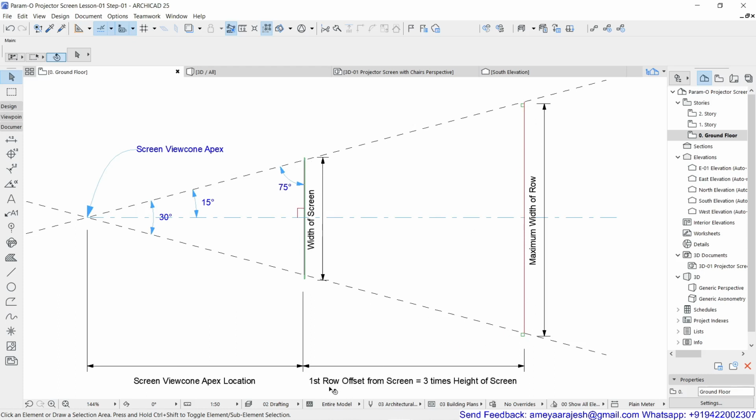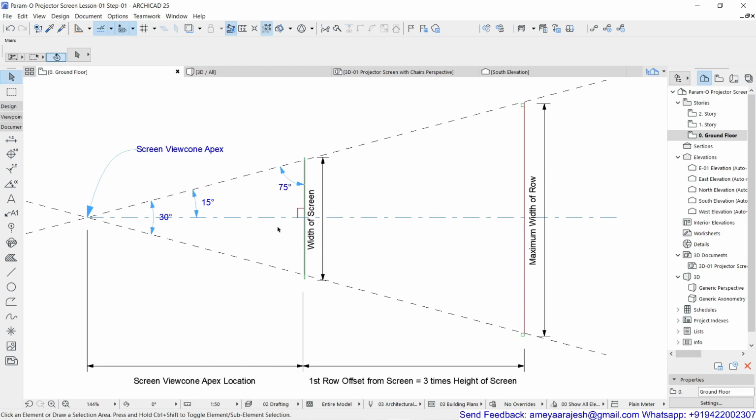And the gap between the screen and the first row is normally recommended to be three times the height of the screen. So I'm going to follow these two base assumptions and proceed further.